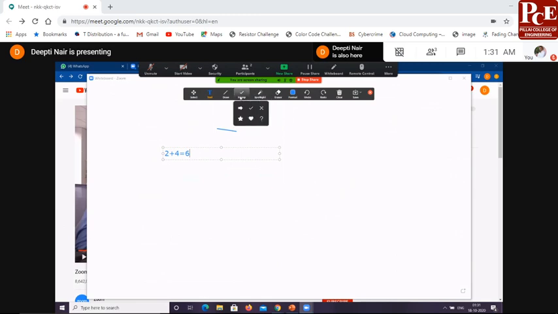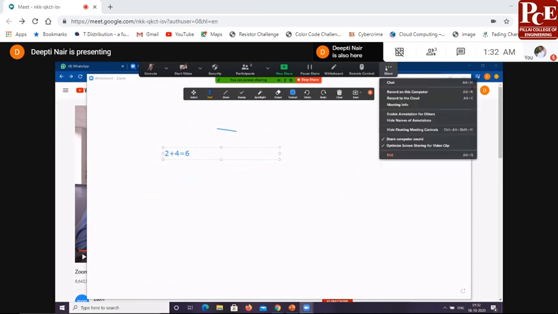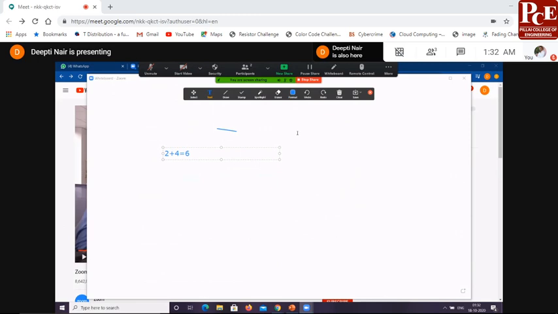Again, same features are available. So you can just practice it. You will need a little bit of practice in this because you have to draw all the diagrams using the mouse. So you have this whiteboard which can be used very well while explaining something to the students, especially numerical subjects. It will be very helpful. So again, if you want to stop sharing, you can click on stop sharing.